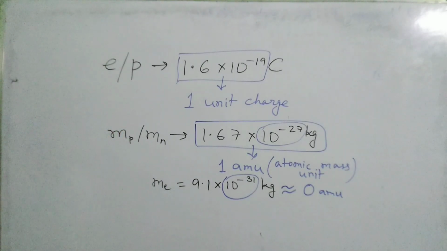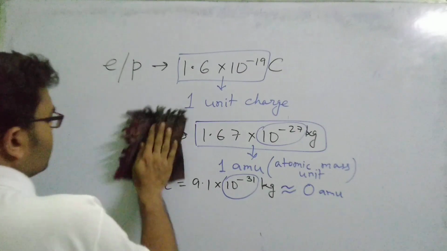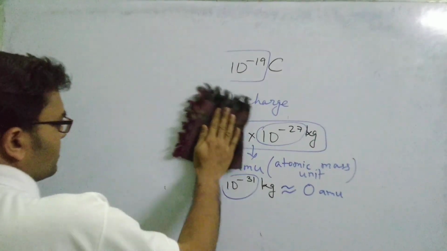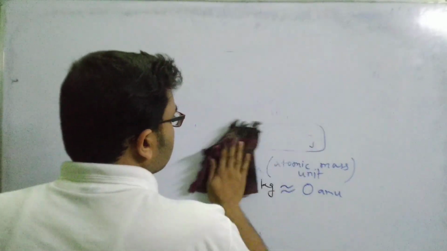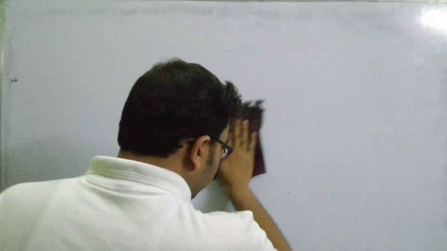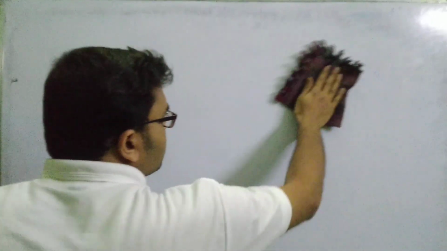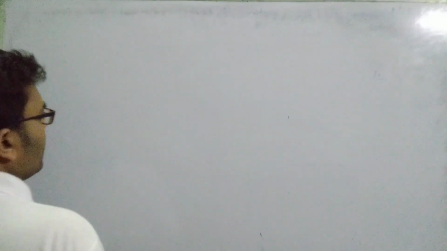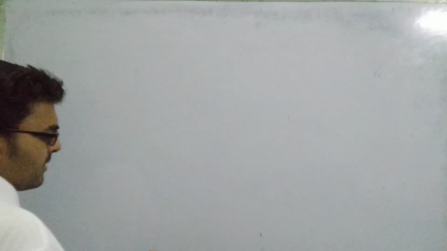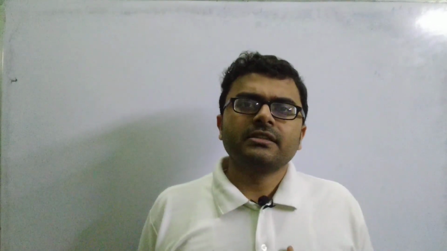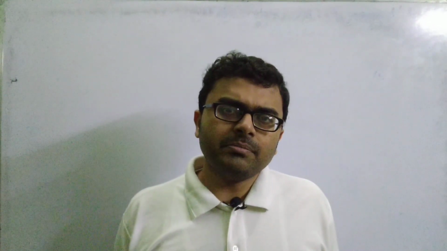Now if we consider the structure of the atom, how are the proton, electron and neutron located, oriented or arranged? So how are they arranged? It's like the solar system. If you consider our solar system, there is a sun at the center and all the planets are revolving